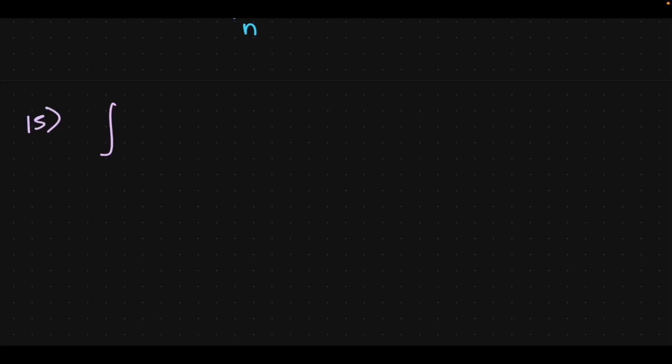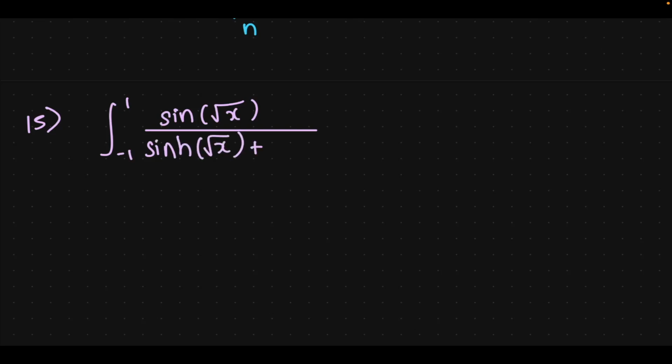Question 15. The integral from minus 1 to 1 of sine square root x divided by (sinh square root x plus sine square root x) dx. Now we can use a King's property. x goes to minus u,